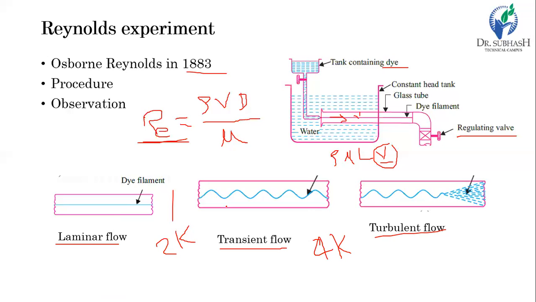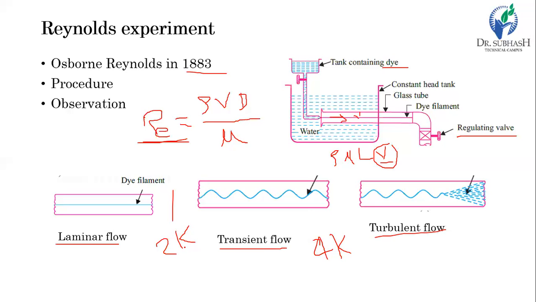Whereas in the second case, where the Reynolds number is higher than 2000 and less than 4000, what he observed is not any type of flow because it is in a transient state. You can call it a laminar flow as well as a turbulent flow. So this is not any type of flow. Here it is given, but it is in a transient state. It may be a laminar flow, it may be a turbulent flow.